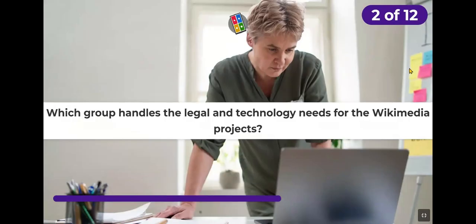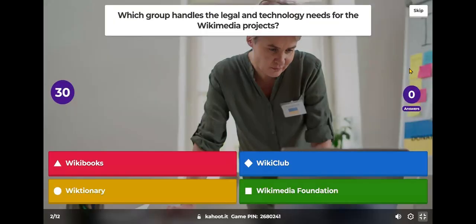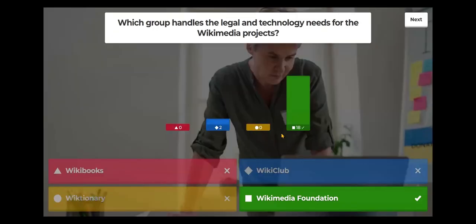Which group handles the legal and technology needs for the Wikimedia projects? Is it Wikibooks, Wikiclub, Wiktionary, or the Wikimedia Foundation? We have Obi with a problem seeing the options.